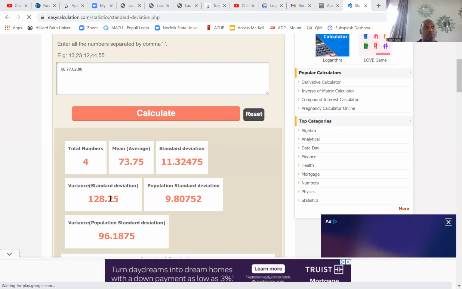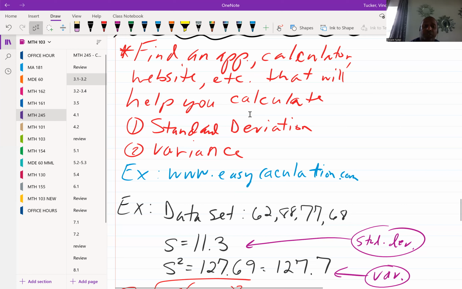So, questions on what we did just there, what you're responsible for? Hopefully everybody can hear me. Every now and then you get one person who says they were trying to do it and didn't see any notes for it. There are no notes on how to calculate standard deviation and variance because I'm not holding you to doing that on your own by hand. We want to use technology because that's what you would do in the real world anyway. You would use some form of technology to calculate standard deviation and variance. Any questions on that?